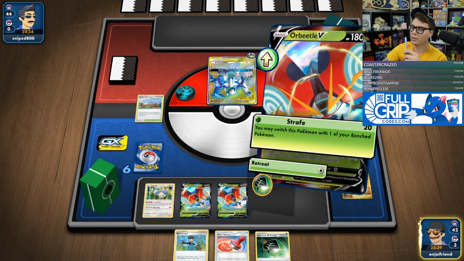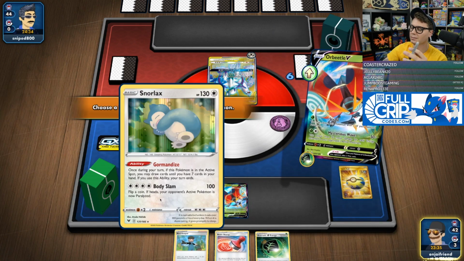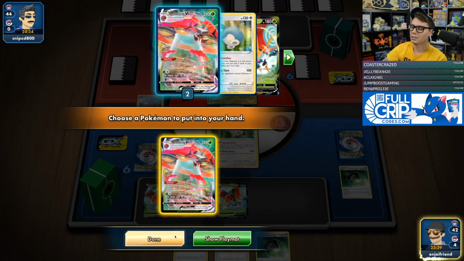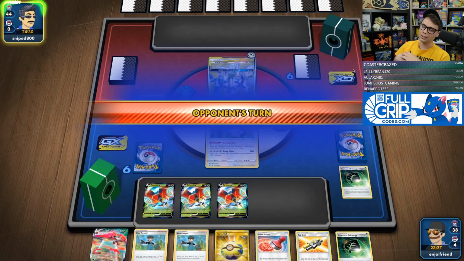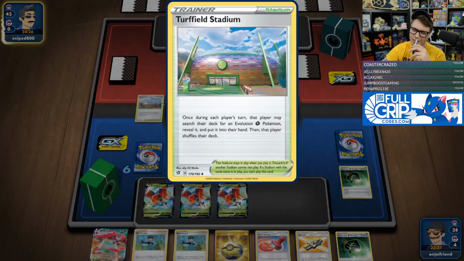So they go Alter Creation. I actually think I have to retreat this turn. Okay. Because I have to evolve up as soon as possible. Right? So, like, I have to Gormandize. I have to Gormandize, yeah. Because we need to get...